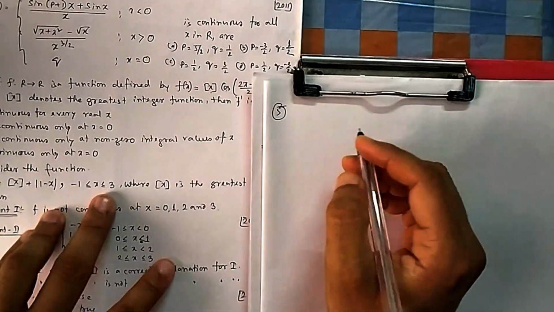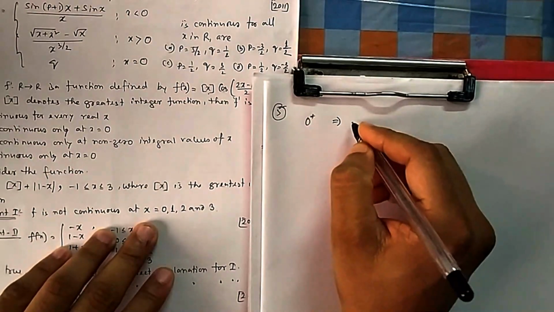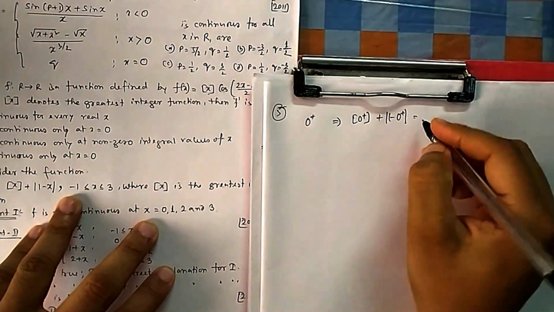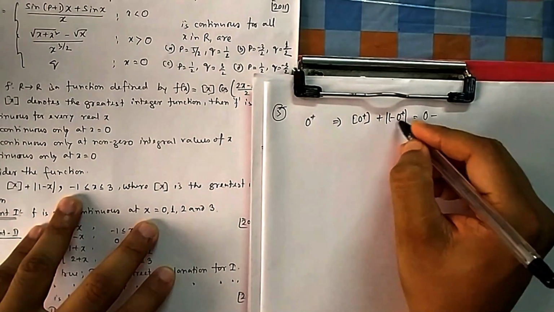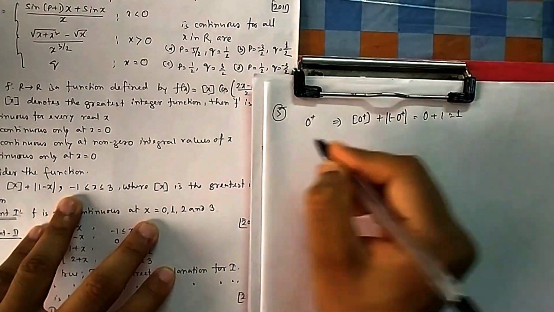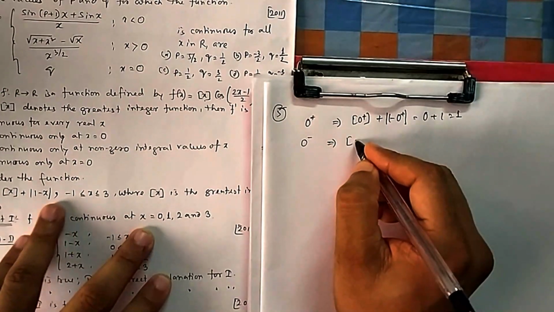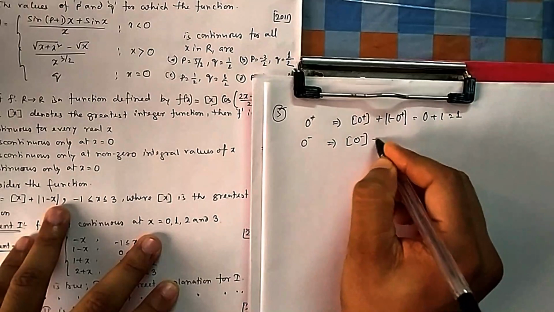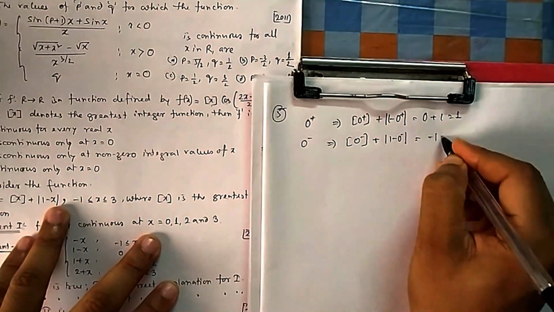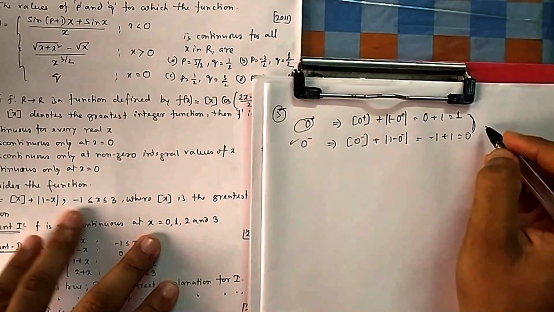They are asking between -1 to 3, so let's check at 0. What will be 0 plus? If I go for 0 plus, I am not doing the exact limit, just trying to find 1 minus 0 plus. So 0 plus will give you 0, and 1 minus 0 plus is 1, so the output is 1. If you put 0 minus, I am not doing a proper bookish limit, just trying to find what 1 minus 0 minus is. So this 0 minus will give you -1. You can see your LHL and RHL are not equal at 0, so it is discontinuous at 0.